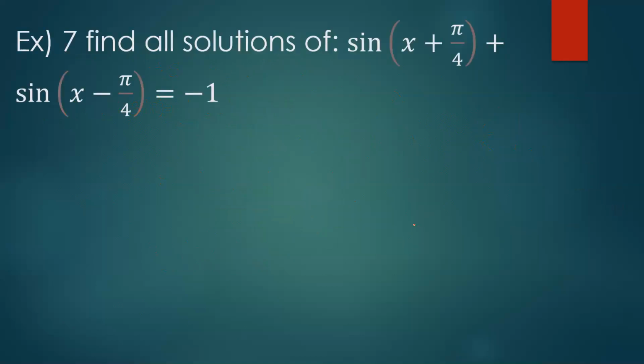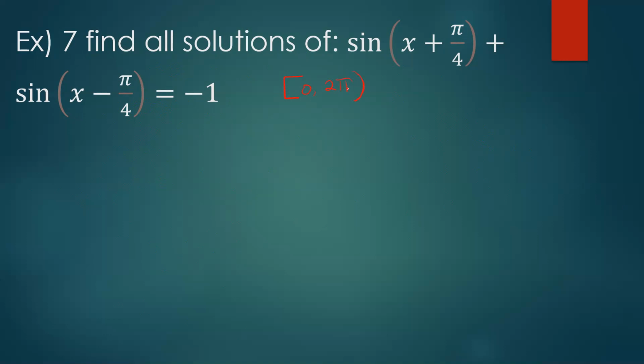Okay, example 7. What are we doing? It says find all solutions of sine of x plus pi over 4 plus sine of x minus pi over 4 equals negative 1. And then it has a boundary. It's given the boundary from 0 to 2 pi,